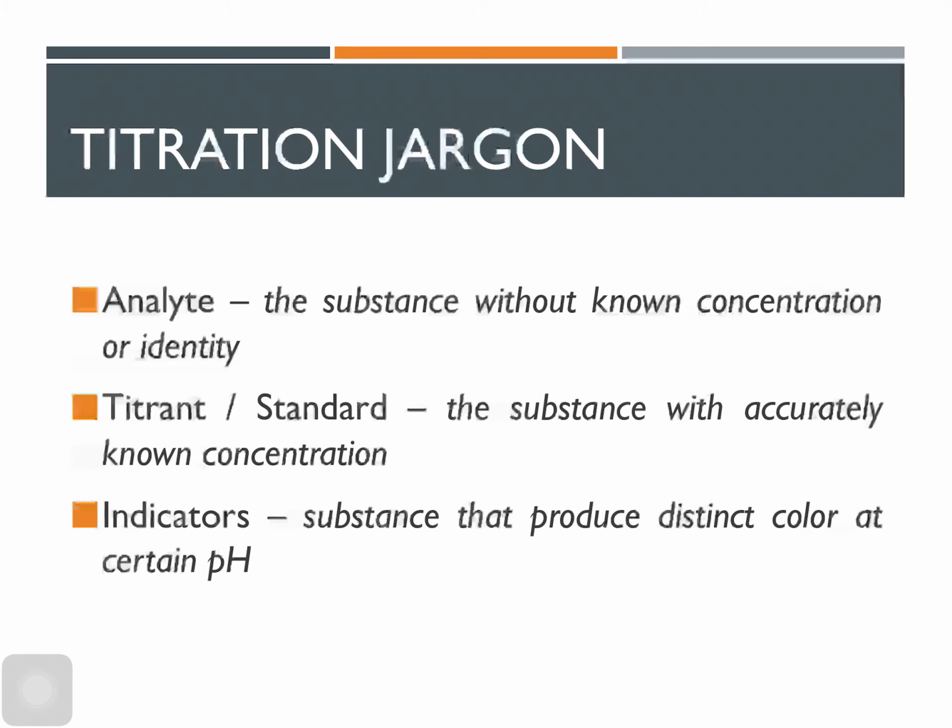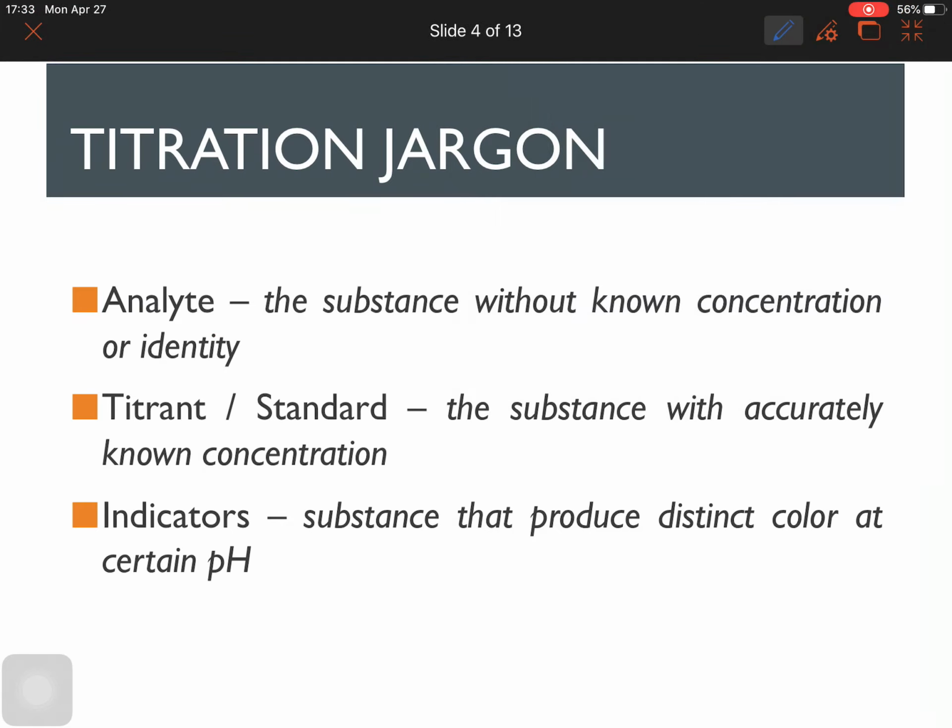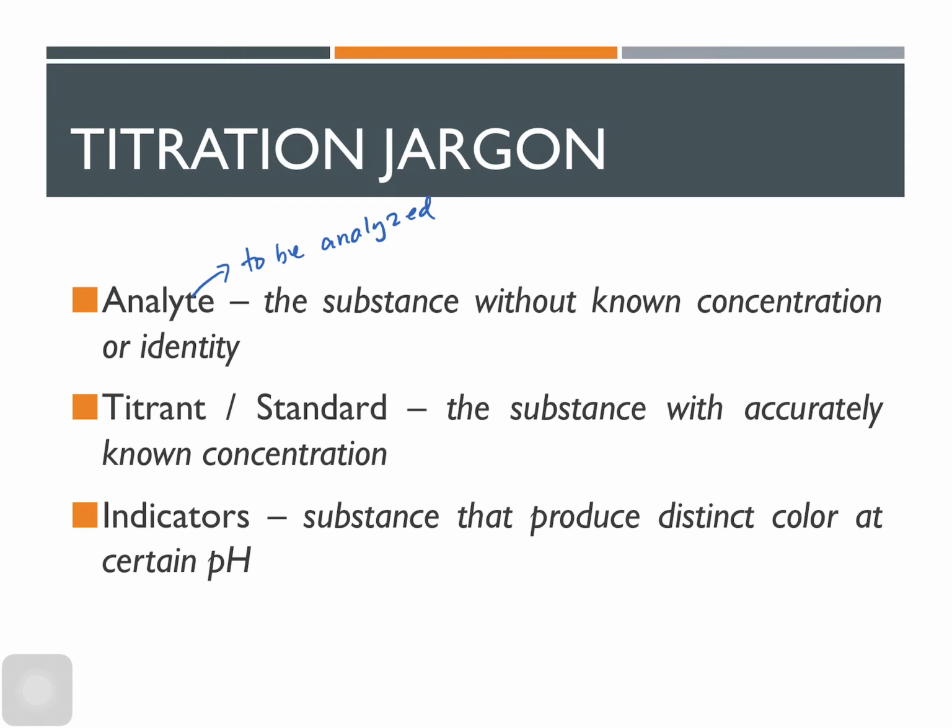Let's go into some of the jargon to be used. Analyte: these are substances without known concentration or identity. So these are substances to be analyzed, hence we call them analyte. Analytes are to be analyzed. For titrant or the standard, these are substances with accurately known concentration. This is the substance that we react against our analyte, so that we can identify their identity or concentration